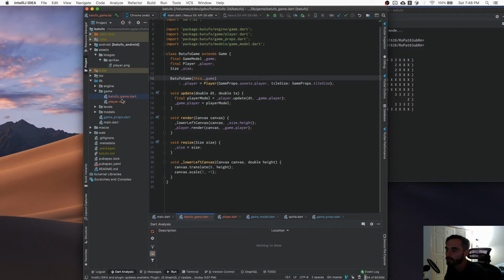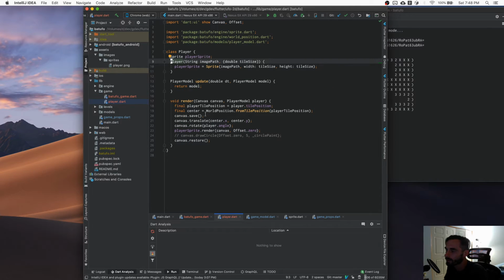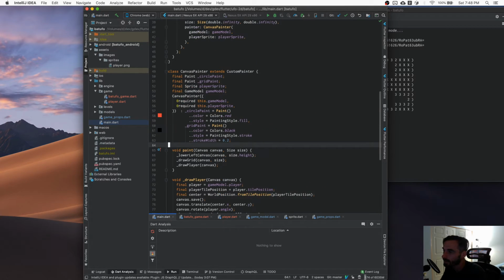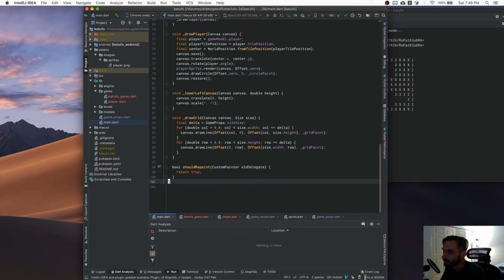And then the player is doing the right thing, saves the canvas, does its thing, rotates, and then restores the canvas. And we don't want that circle for now. We only use it if we ever need to debug things, but actually then we use something else. So in this case now, we don't need any of this stuff anymore. The only thing that we may want to keep, which was actually really useful, is we may want to keep drawing the grid. So actually I'm going to make this